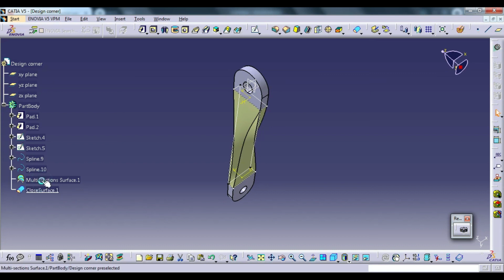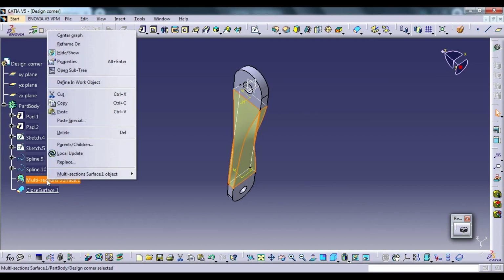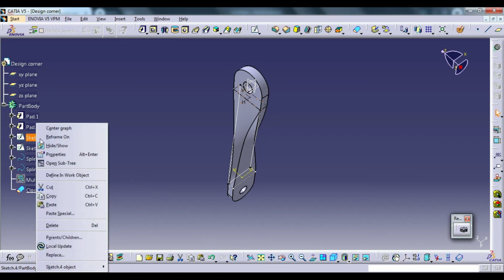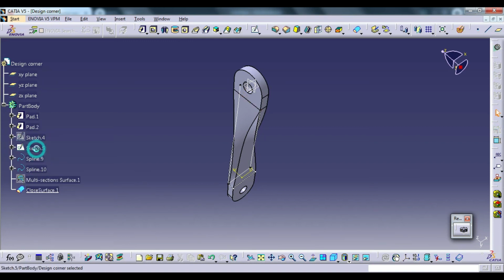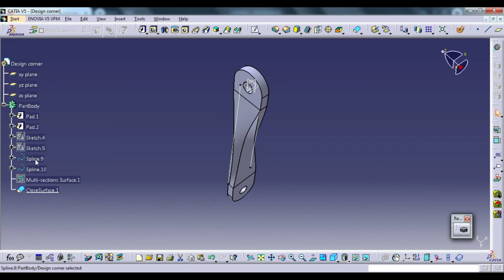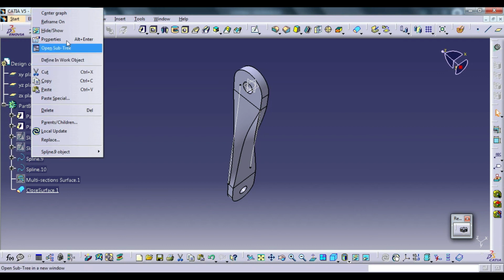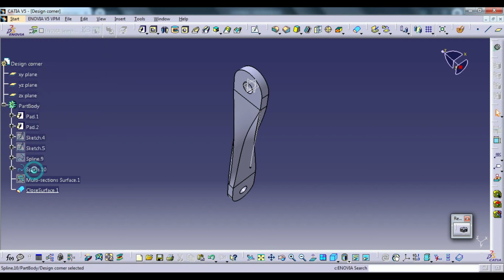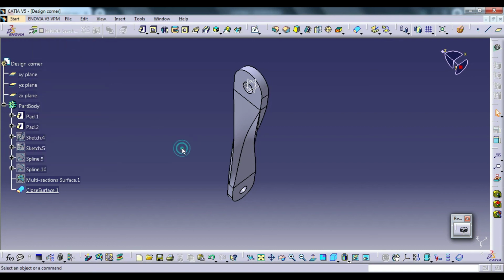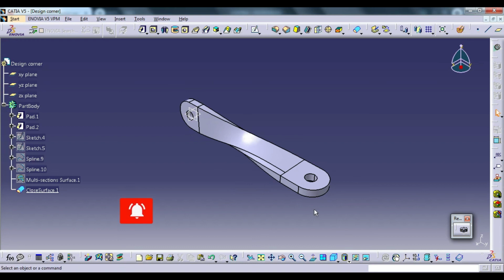Now you hide the multi-section surface and spline and sketch. Your part is completed.